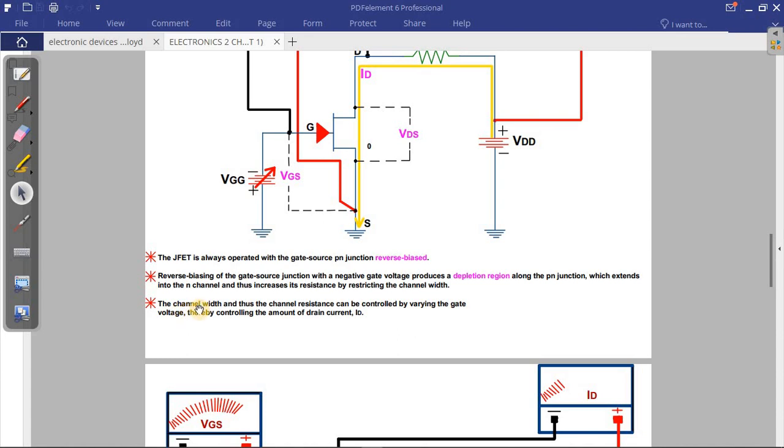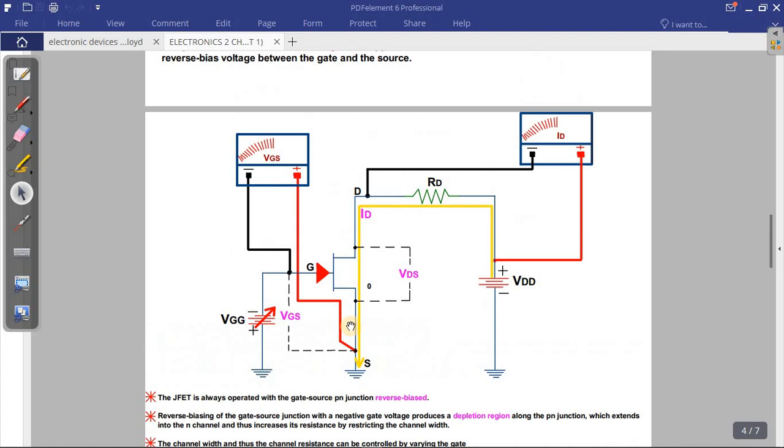And then they say the channel width, and thus the channel resistance, can be controlled by varying the gate voltage, and this also controls the amount of drain current. So guys, in summary, what I'm explaining here,